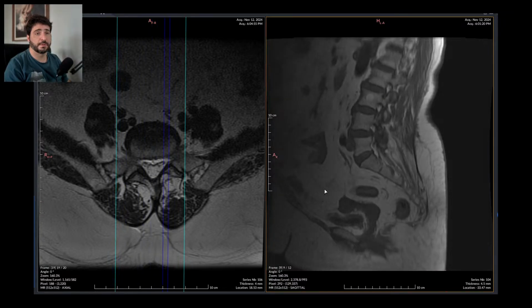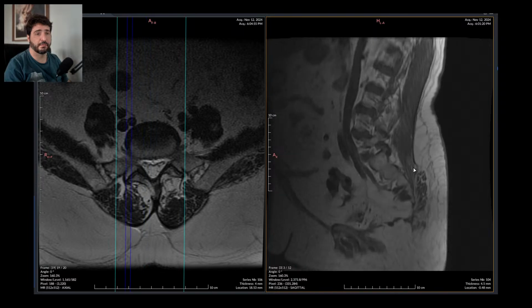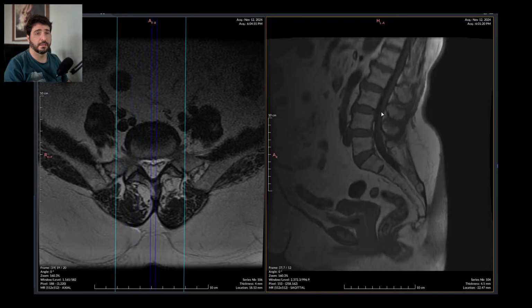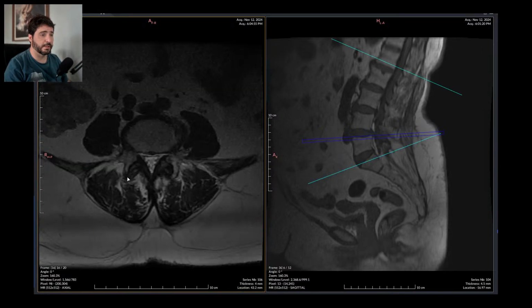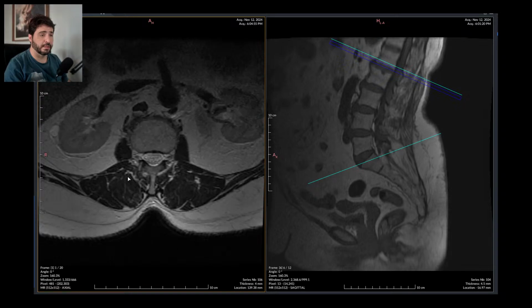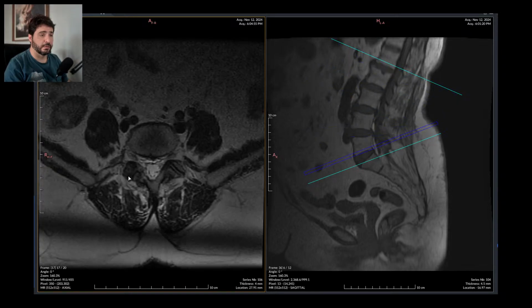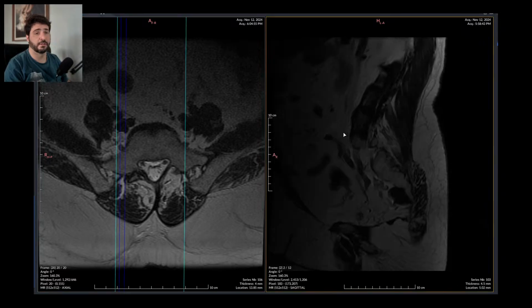T1, yep, it's definitely a hemangioma 1.2 on L2, 2, 3, 4. No, it's 3, 4, and 5. So we have everything we need. The neural foramina are fine, and as much as I can tell, the vertebral canal has no critical stenosis, just regular